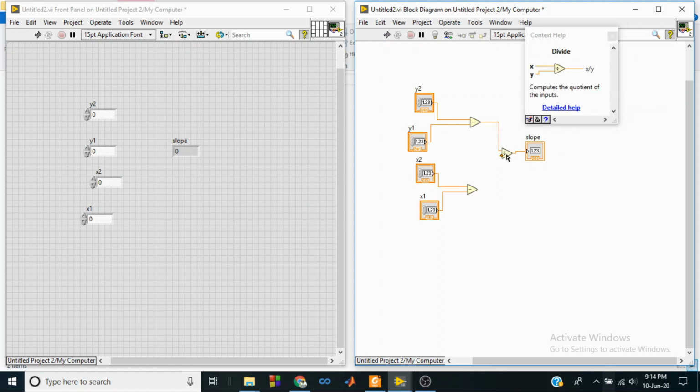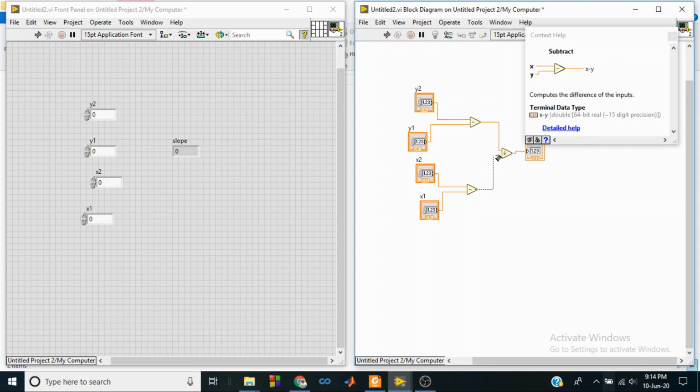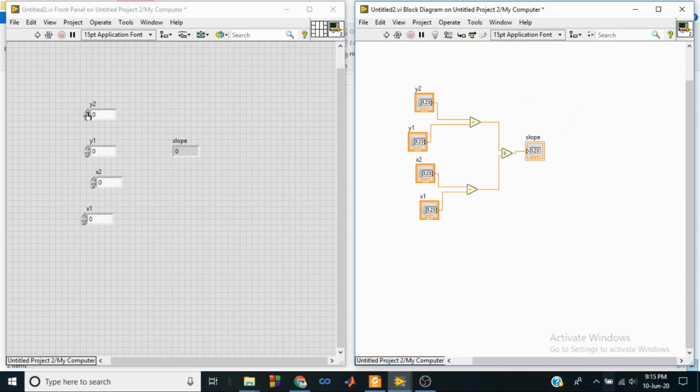You can see that when I point my cursor on the divide block, it automatically shows in the help menu how it works. So the wire that connects up is X, and the wire that goes to the bottom of the divide block is Y, and it divides as X divided by Y. That is our output. So I'll give this here, and the output that I should get is y2 minus y1 by x2 minus x1. Now I'll close this help menu and give the inputs